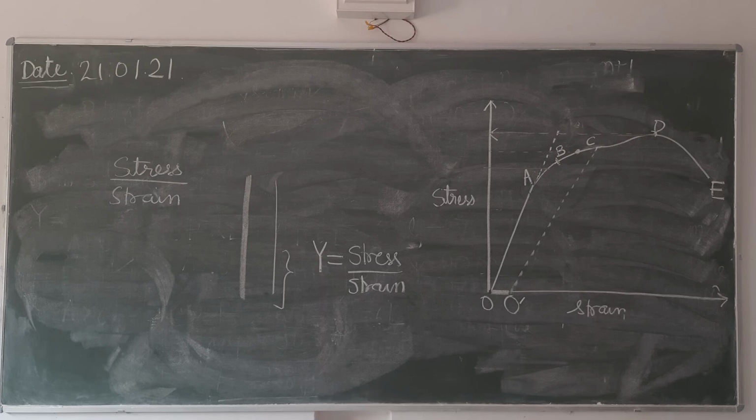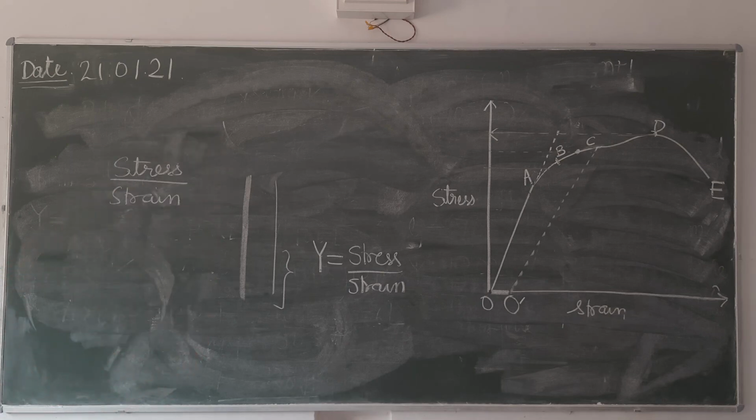What is peculiar about the graph from D to E? D से E के बीच में क्या peculiar चीज है? If the wire is unloaded anywhere between D and E, what will happen? Stress will decrease, but the strain will not decrease. It will keep on increasing because of the own weight of the wire. Then up to what stress can the wire be subjected without fracturing? The stress corresponding to the point D.